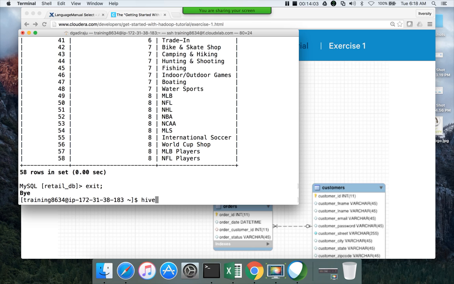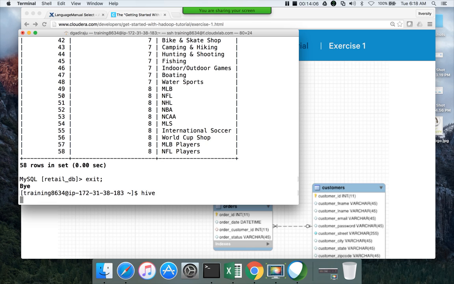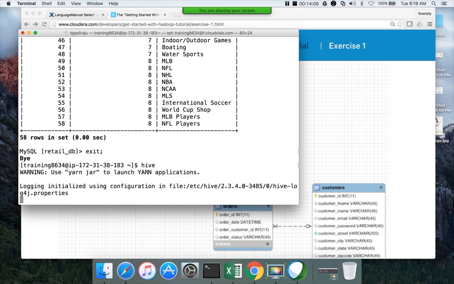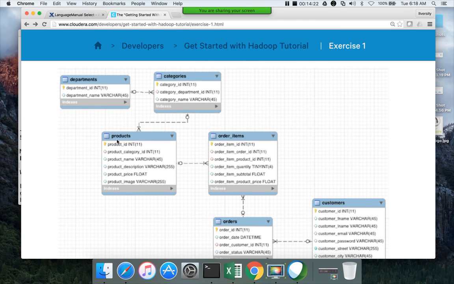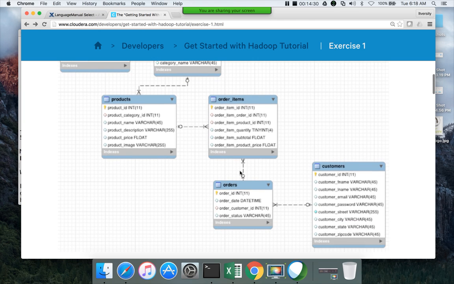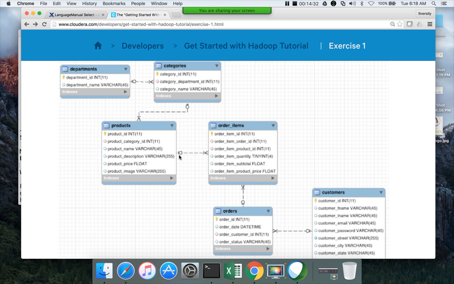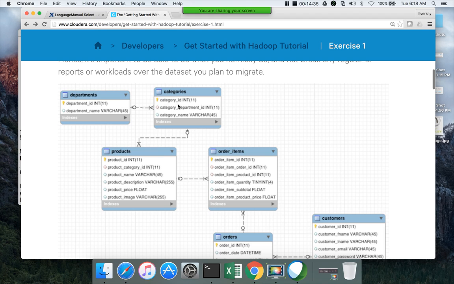Now I got into Hive. So if we want to generate the report on the transactional tables directly, you have to join all these tables. And if this report is being run on companies like Walmart, where you will have millions of orders, billions of order items, millions of products, and then thousands of categories and hundreds of departments, this join will be very expensive